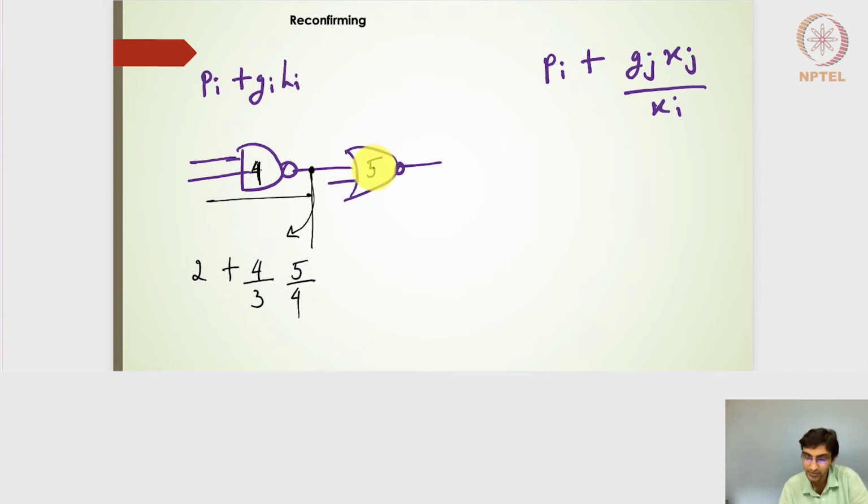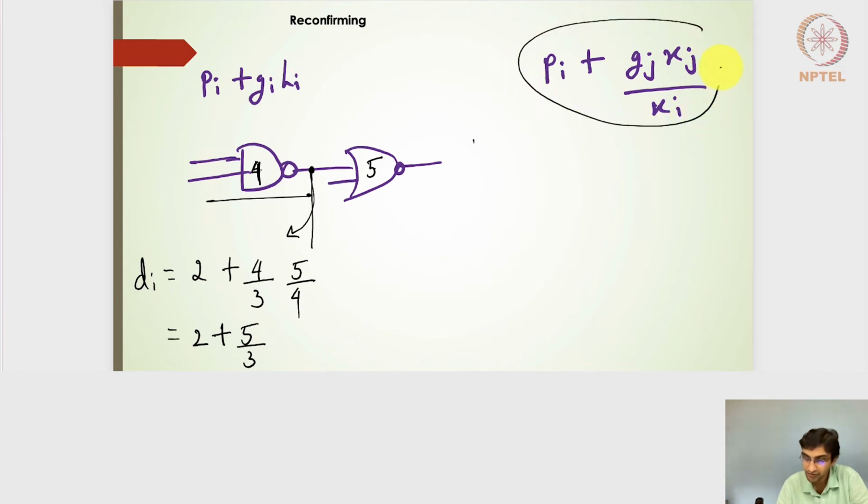All right, so H value is nothing but 5 by 4. So eventually I will have the delay di in this particular case as nothing but 2 plus 5 by 3. And if I consider the same circuit for our new expression of delay, so it will be for the same output node, let's say this is the X output node. So the delay di from this new expression turns out to be Pi, which is nothing but 2 plus the logical effort